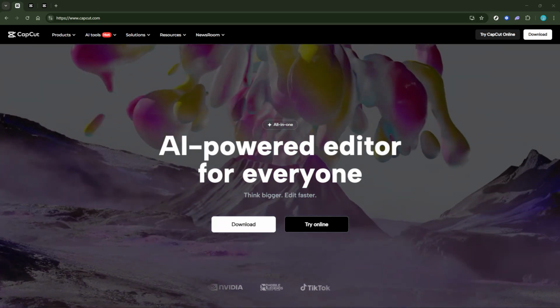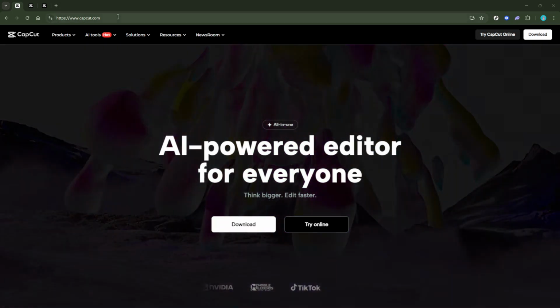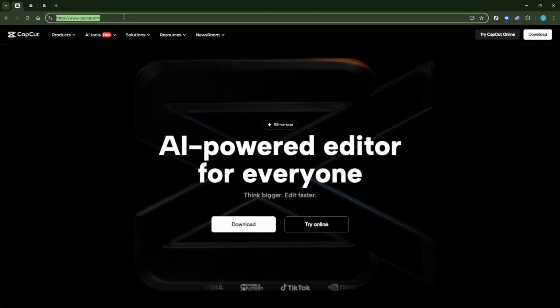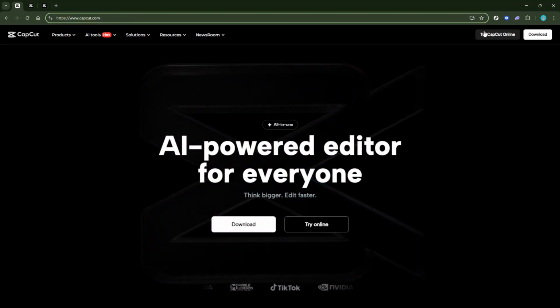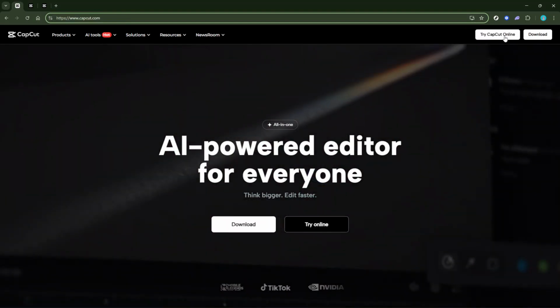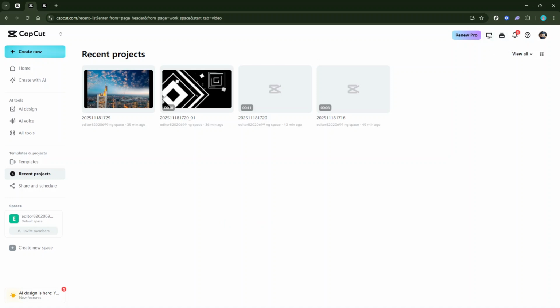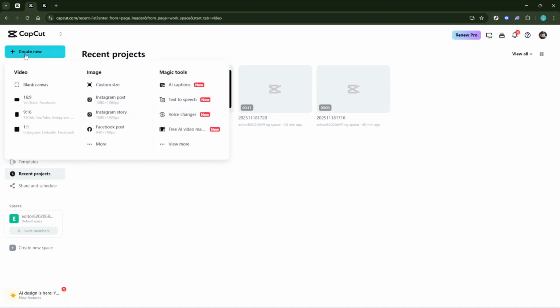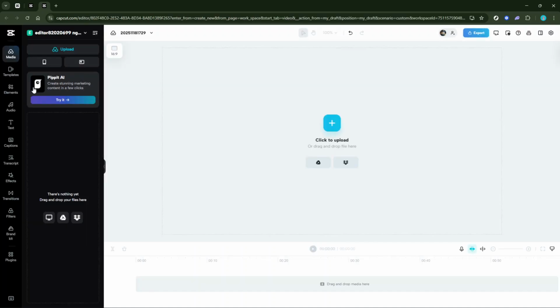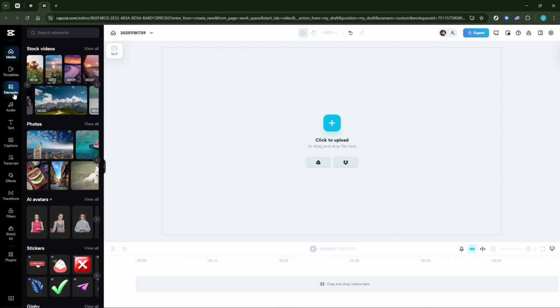To begin, you'll want to log into CapCut and either open an existing project or start a new one. Make sure you're comfortable with the video you plan to edit, as this is the base upon which we'll add our creative touch. Once you're in your project, the first thing you need to do is select the video clip you'd like to edit within the timeline. Simply click on the video to highlight it. This ensures any effect we apply will only affect the selected clip.